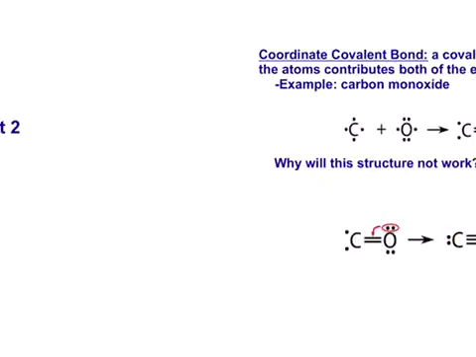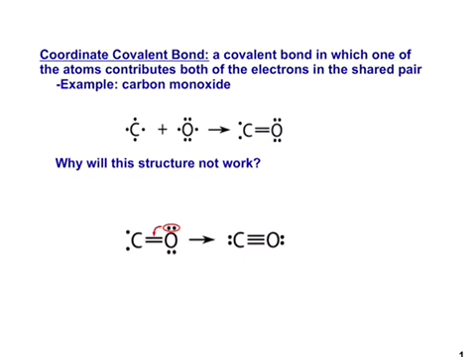This second part of 9.1, we're going to look at some of the exceptions to the rules and some more challenging structures than we looked at in 9.1 part 1. So the first thing to look at is something called a coordinate covalent bond. And this is a covalent bond in which one of the atoms contributes both of the electrons in the shared